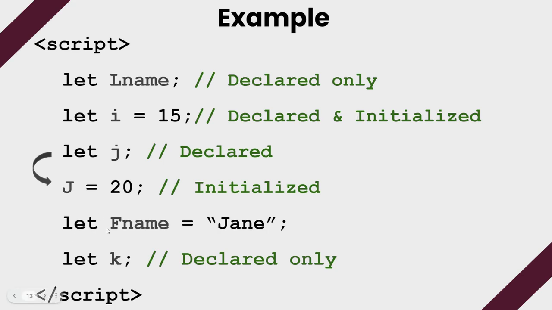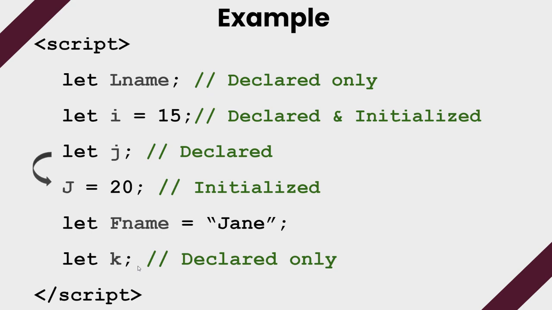Also, we have let f name, which equals Jane. For this one, it is declared and initialized too. And we have the last one, which is just let k, declared only. So here you can see that you can declare it only, you can declare it and initialize it later on, or you can declare and